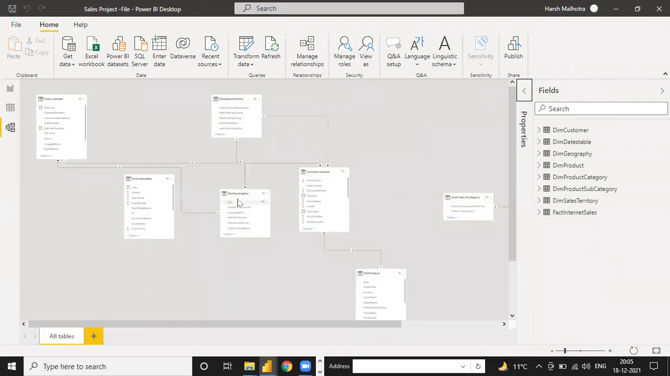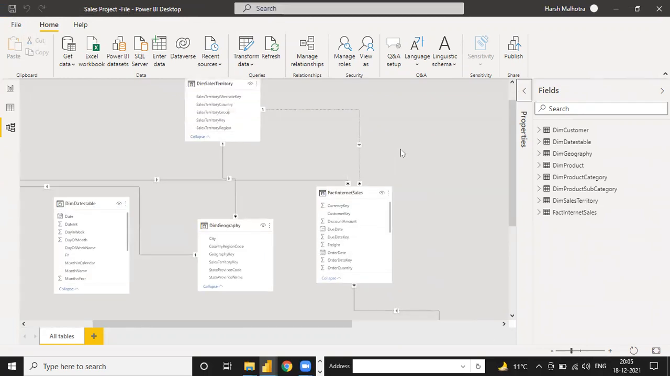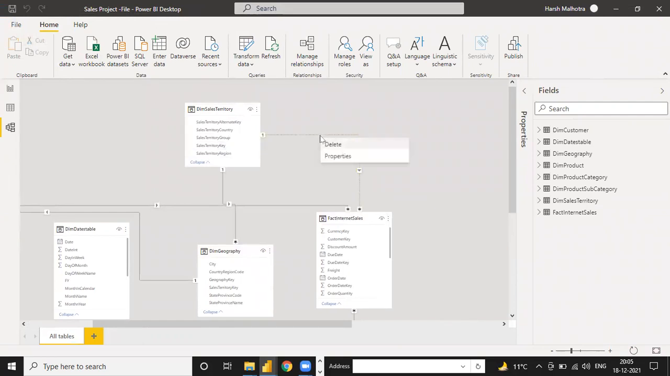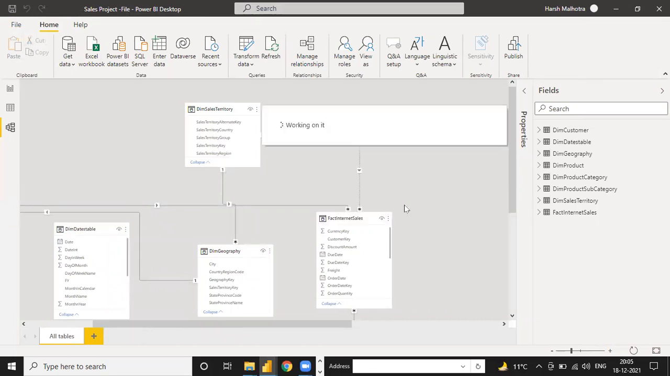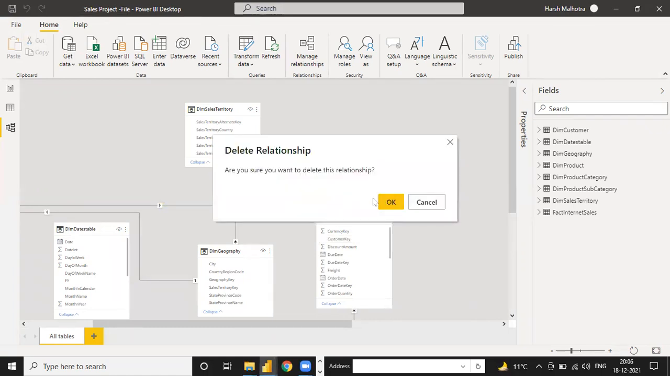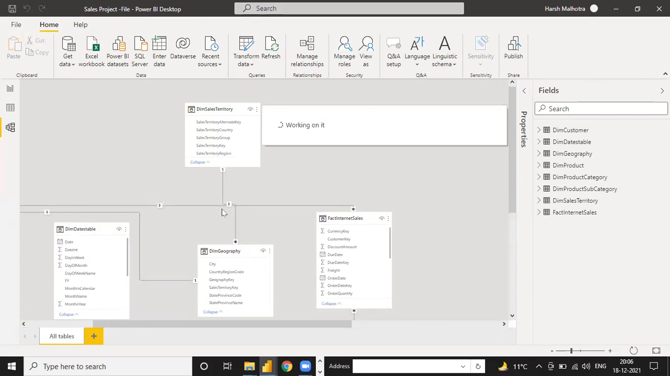So guys, before making the relationship, there are relationships which Power BI handled automatically. Power BI created them automatically, so first I want to remove those. One by one, I'm just removing, and it will take some time to remove. I am going to delete this one because we have to make the relationship